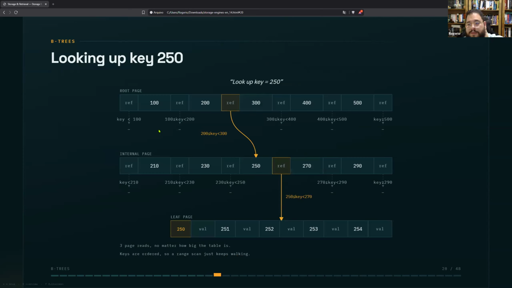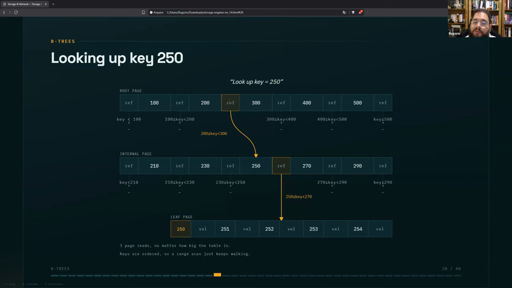So let's see an example. Suppose you want to look up the value of key 250, and the root page contains references, that's actually the pointers, and values. For example, we know that 250, and this is an example, of course, is between 200 and 300.